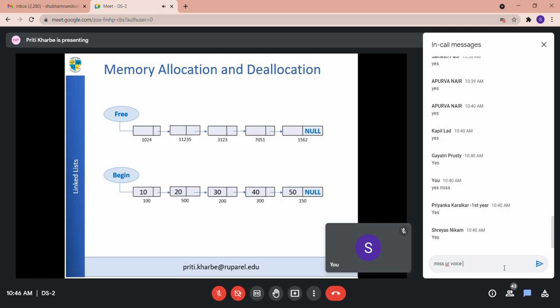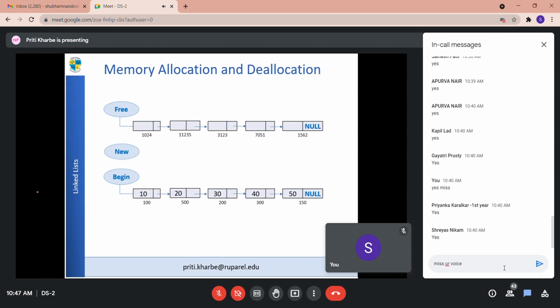So where do we get empty nodes? From the free storage list. Go to the free storage list, tell it that I want one empty node. So it will give you one empty node and then you do the pasting work. So how is it done? First you will require one pointer variable. Let me call that variable new. In this new you are going to have the address of the first free node, always the first, as free nodes are given from the first position.